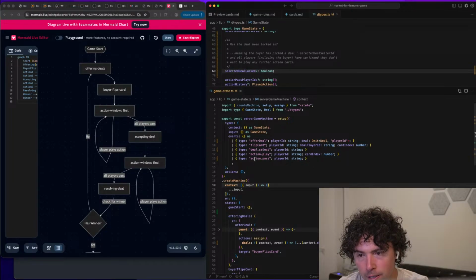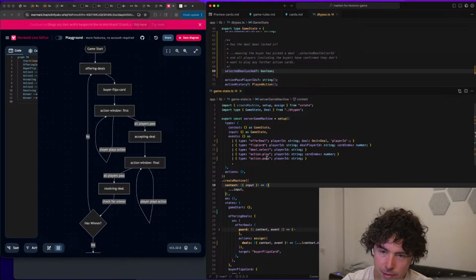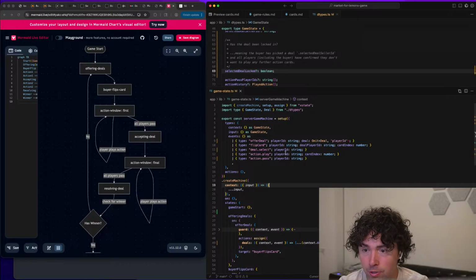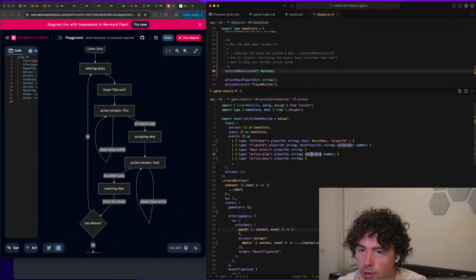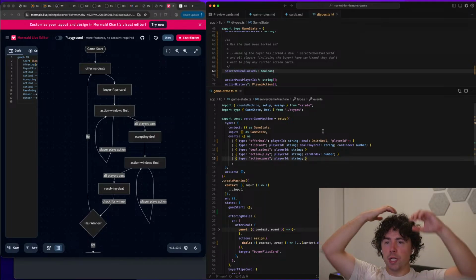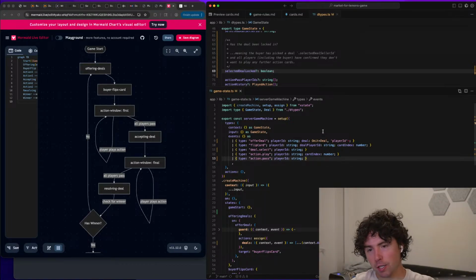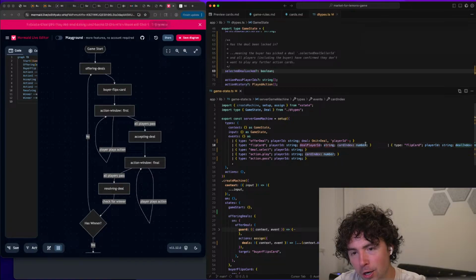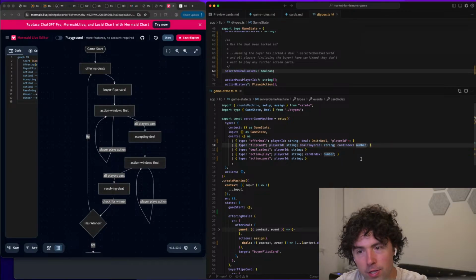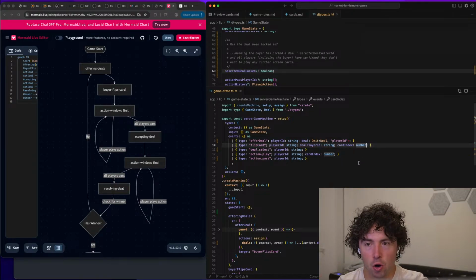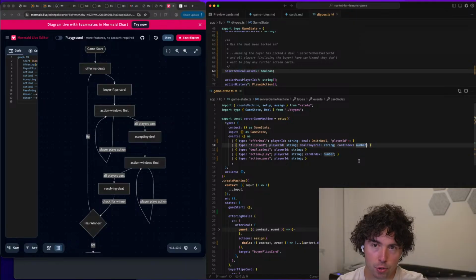Okay. Action pass. Action select, or deal select, action pass. Action pass, I don't think needs anything else, right? Card index. That's another thing: do we need, we kind of got into this before, but we're using card index here. The idea being in a hand of cards, if this server is looking at the player's cards,